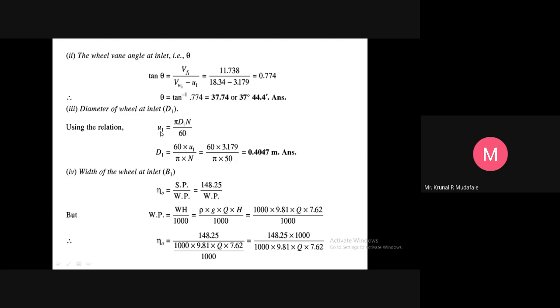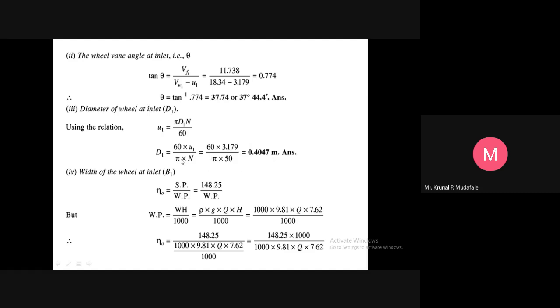बिकॉज ओवर वेलोसिटी इन टर्म्स ऑफ मीटर पर सेकंड। मीटर पर सेकंड में अगर वेलोसिटी अवेलेबल है तो ये स्पीड भी किसमें कन्वर्ट करनी पड़ेगी? सेकंड में कन्वर्ट करनी पड़ेगी। तो सेकंड में कन्वर्ट करने के लिए डिवाइडेड बाय किससे करना होगा? 1 मिनट इक्वल्स टू 60 सेकंड, तो डिवाइडेड बाय 60। तो हियर you will get the diameter of the wheel at the inlet, so diameter D1 equals to 60 into peripheral velocity at the inlet U1 upon pi into N. So you will just put all the values,